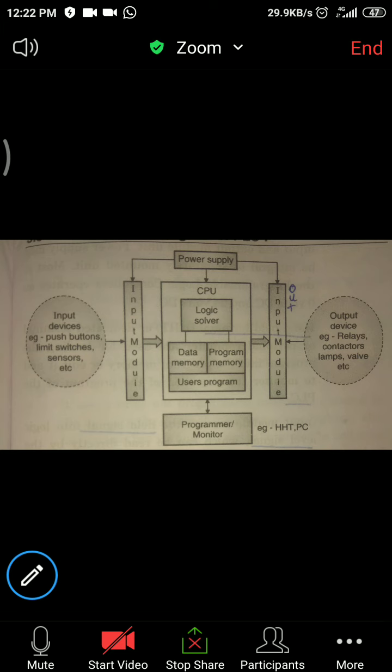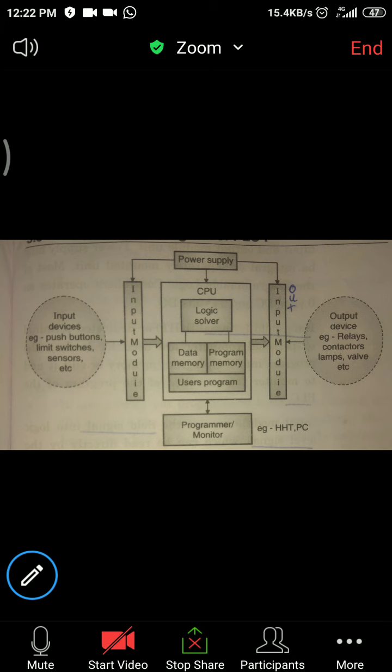So next is the output module. The output module logs the output given by the logic solver, and according to that, every output which is connected to the output module is updated. Suppose the status of a relay is on and you have to turn it off, then the relay will be turned off. If a contactor is open, then you can close it. If a lamp is off, you can turn it on.